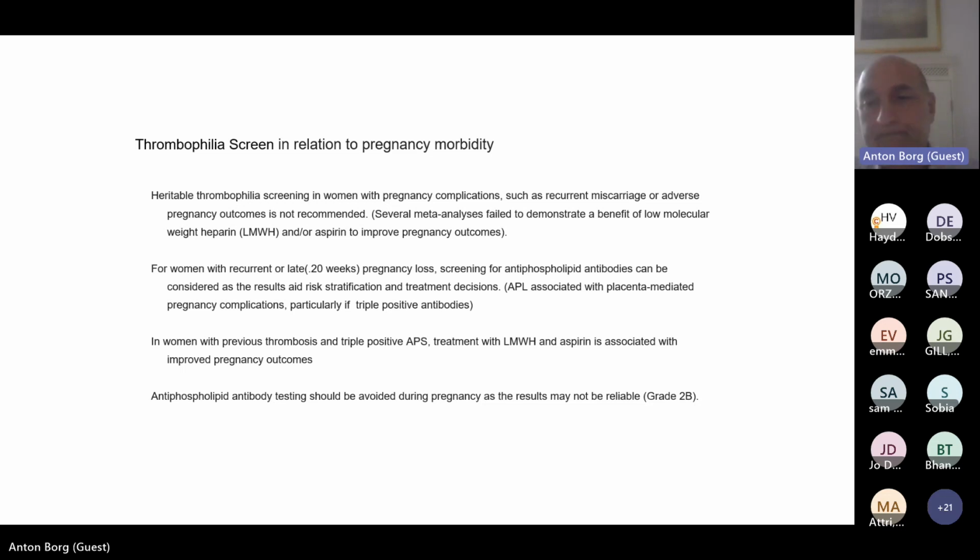What about thrombophilia screening in pregnancy morbidity, which used to be in vogue a few years ago? With increasing knowledge and publications, it's really decreased a lot. So heritable thrombophilia screening in women with pregnancy complications such as...